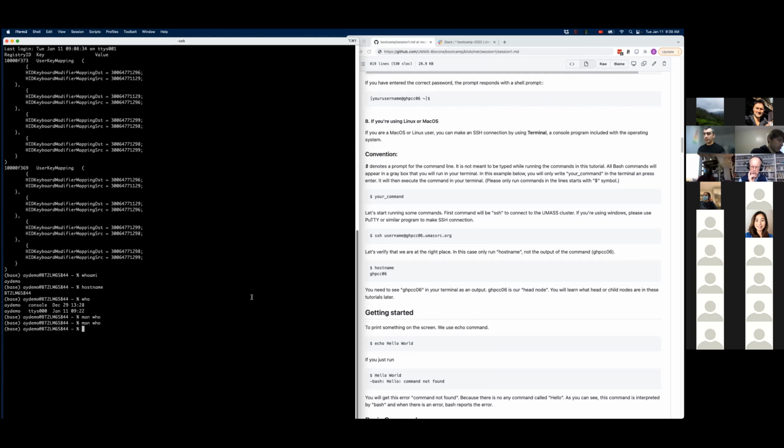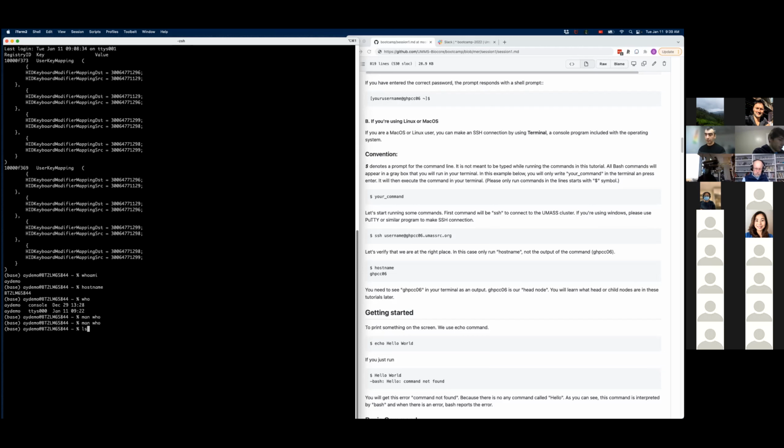Okay, so the next thing is to connect to, actually before connecting, I also want to show that the terminal, as I said, it's just an interface to communicate or to explore or to do things in your computer, and it's not a Linux specific thing. So you could actually do something in your own computer.